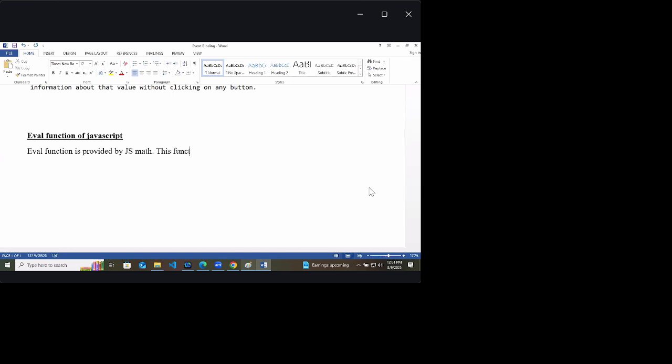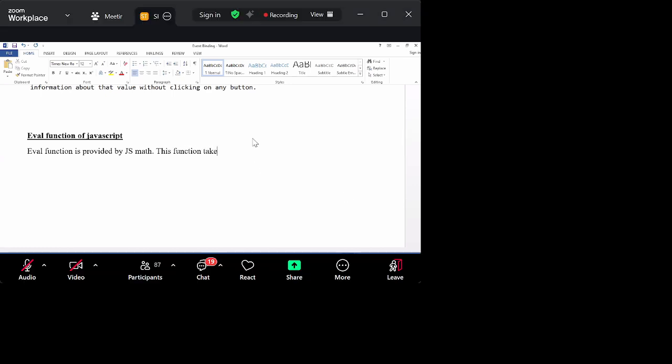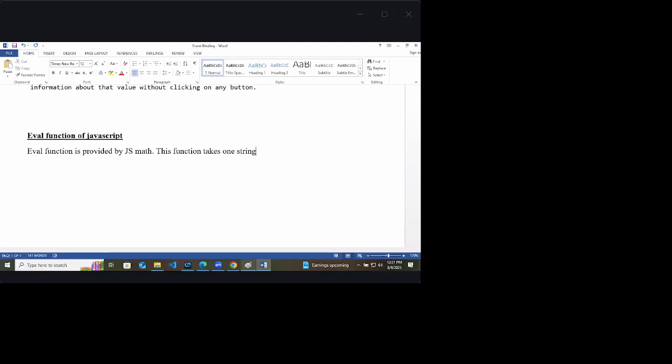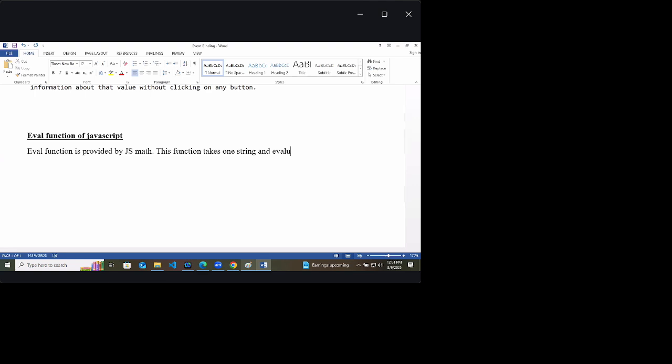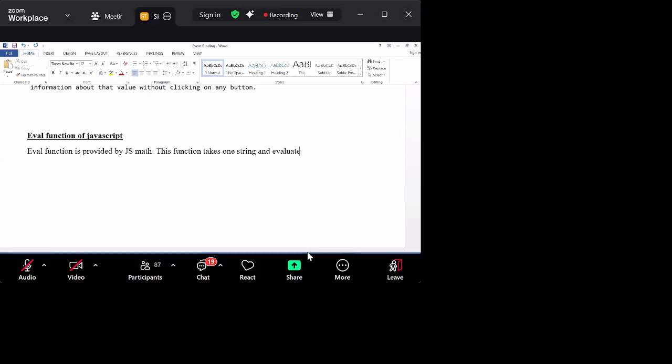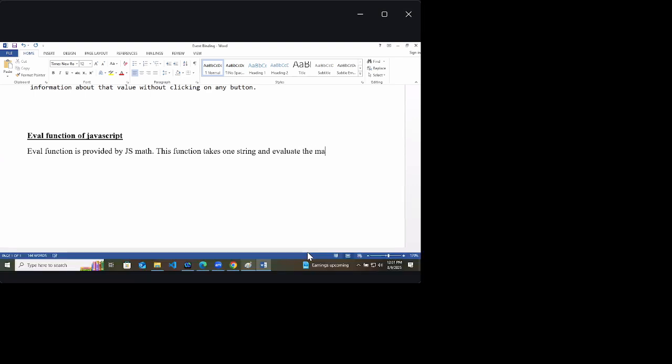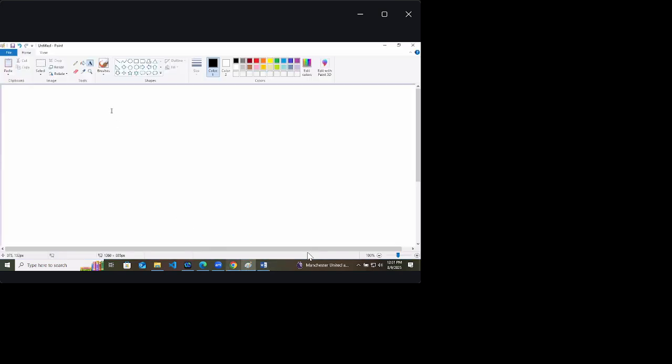This function takes one string and evaluates the mathematical result of that string. Means if you provide a string to it, it will calculate the mathematical result.